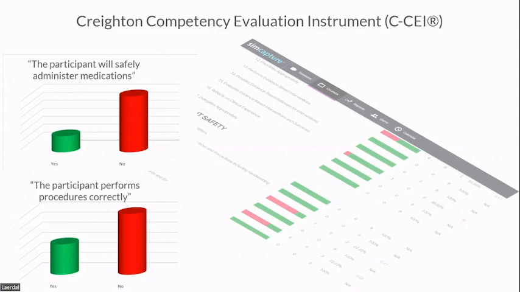If you dig a little deeper, the students were identifying the patient, they were doing the rights, but some of the more detailed aspects of administering a particular medication were not always done as they should be. So we had to look at this and ask, how can we get our students to the competency level they need to be for practice?